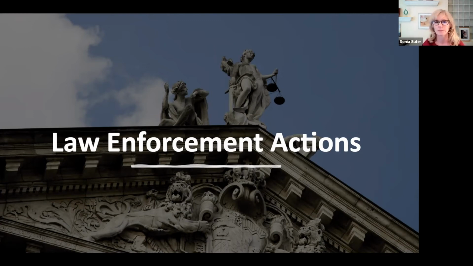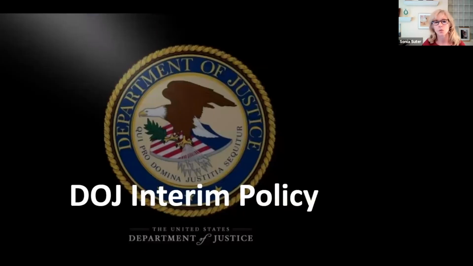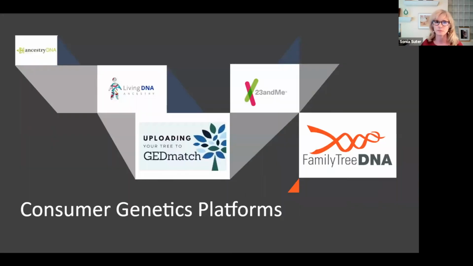Next slide, please. So until recently, the sole effort at formal policymaking emerged from the US Department of Justice, which issued an interim policy in 2019. But the problem with this approach to policymaking is that it was very one-sided. It was coming just from the law enforcement side. It's also coming from the federal side, so for the most part, it doesn't have any impact on state law enforcement use of these databases.